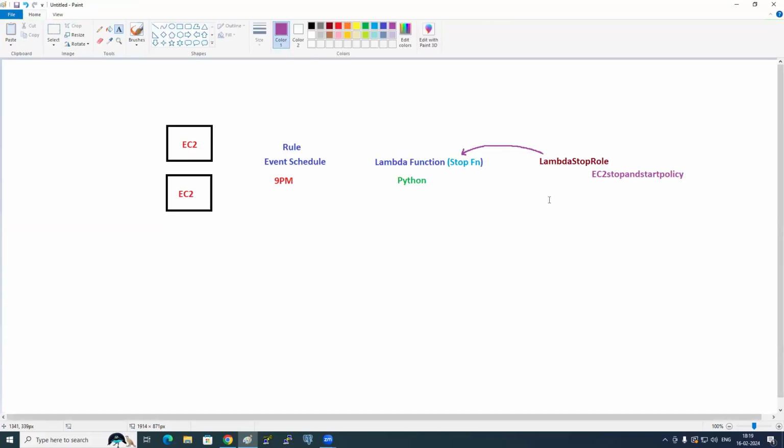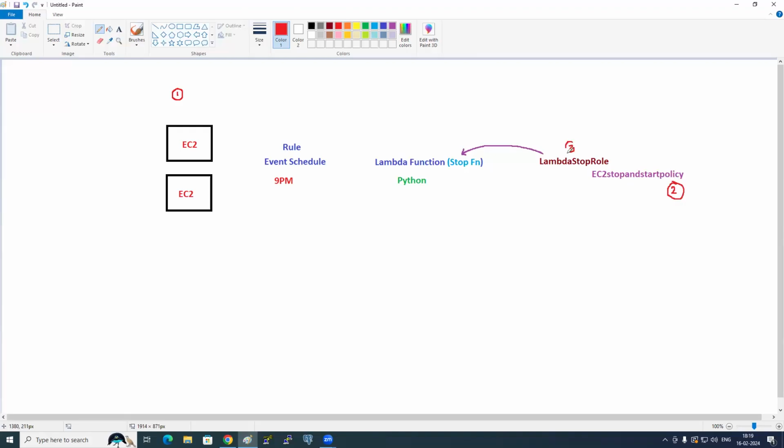Okay. So this is the architecture. Now you tell me, based on the steps, which one needs to be created first and next? Tell me, what is the first step? Launch EC2 instances. This is number one. Next, we need to create a role. First we need to create an inline policy. Then,